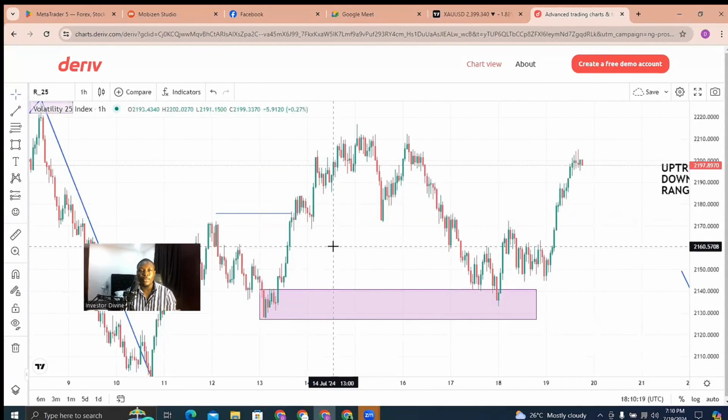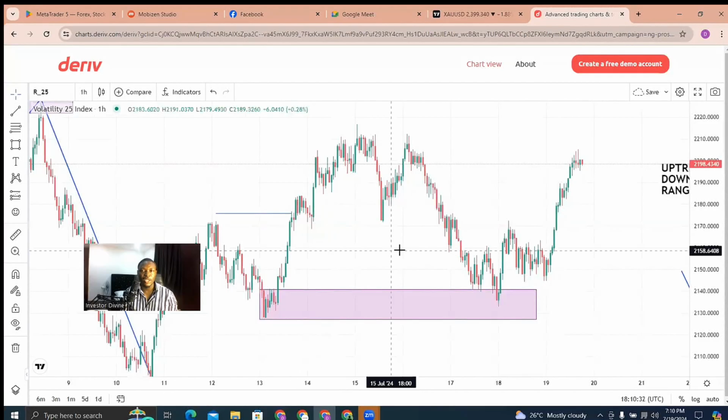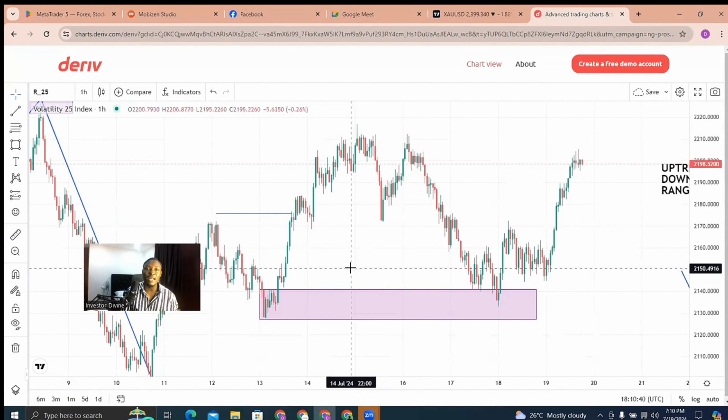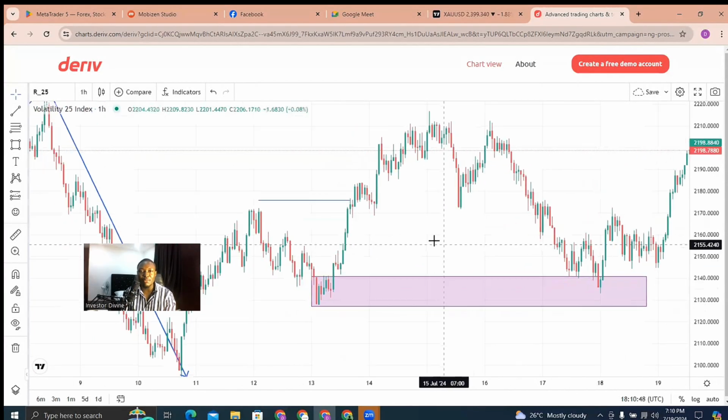Liquidity needs to be taken out before markets will move. Liquidity needs to be taken out before markets will move, and before the market will move in the opposite direction, because markets usually move in the opposite direction after taking liquidity. So let me simply explain. Let me simply just show you